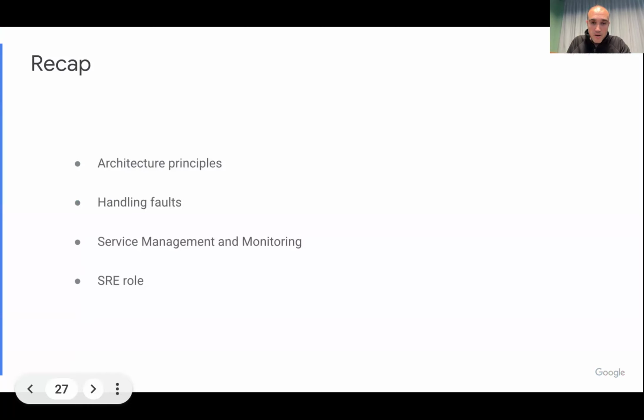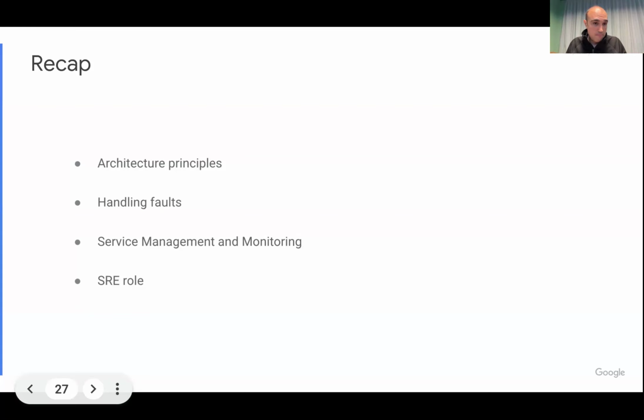So recap, this is it. Four takeaways that I want you to have. First, design systems from first principles, in the sense of: this is the problem you have at hand. There are going to be trade-offs all the way, so you're going to need to choose, and there is not going to be a perfect choice. There are going to be things that are great for performance, but reliability is not great, and vice versa. So it's your choice. You need to understand the problem that you are solving for.